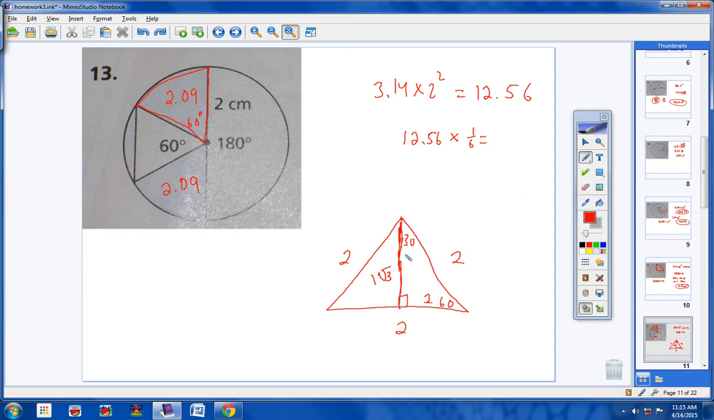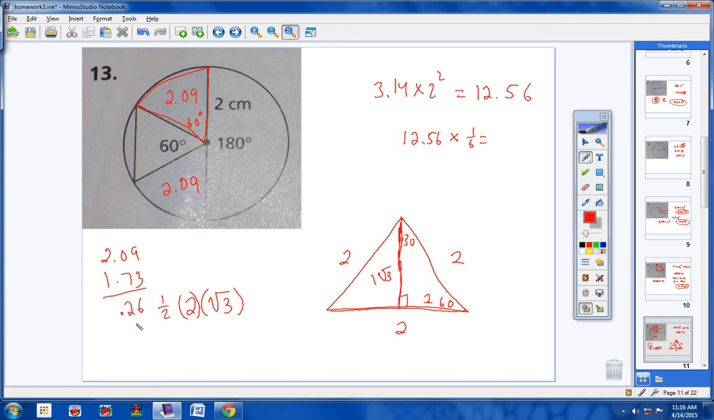So in order to find the area of this triangle, I take the entire base, which is 2, times the height, which is 1 square root of 3, or square root of 3, times 1/2. So 1/2 times the base times the height would give you square root of 3, or in other words, 1.73. So the entire sector right here is 2.09. The triangle is 1.73. So if we subtract those two, we're going to get